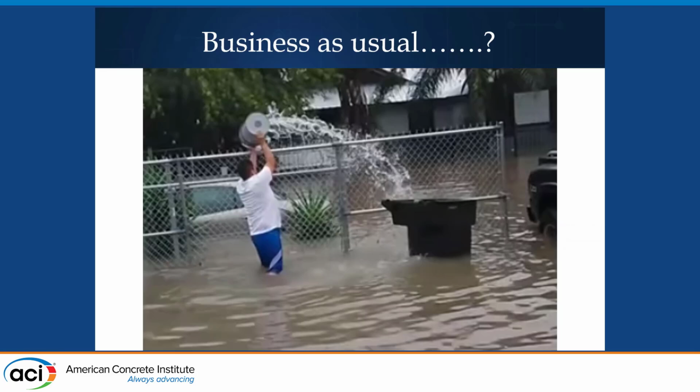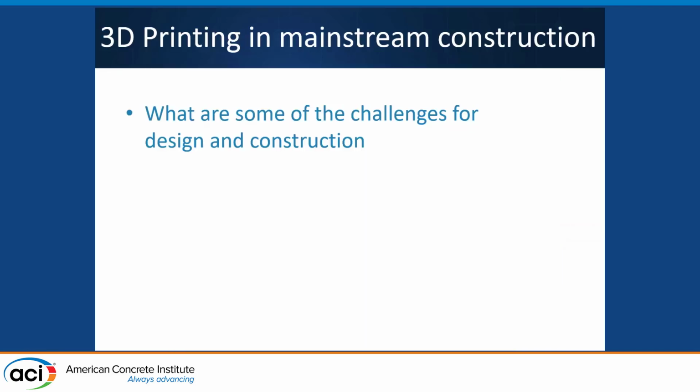We can't keep moving forward doing the same thing as we did yesterday. We need something different. As technology progresses, we need new standards, we need new ways to address the new technologies, and not just keep trying to reuse and rehash some material or standard that was designed for something completely different. So when we talk about standards and developing codes, what are some of the challenges